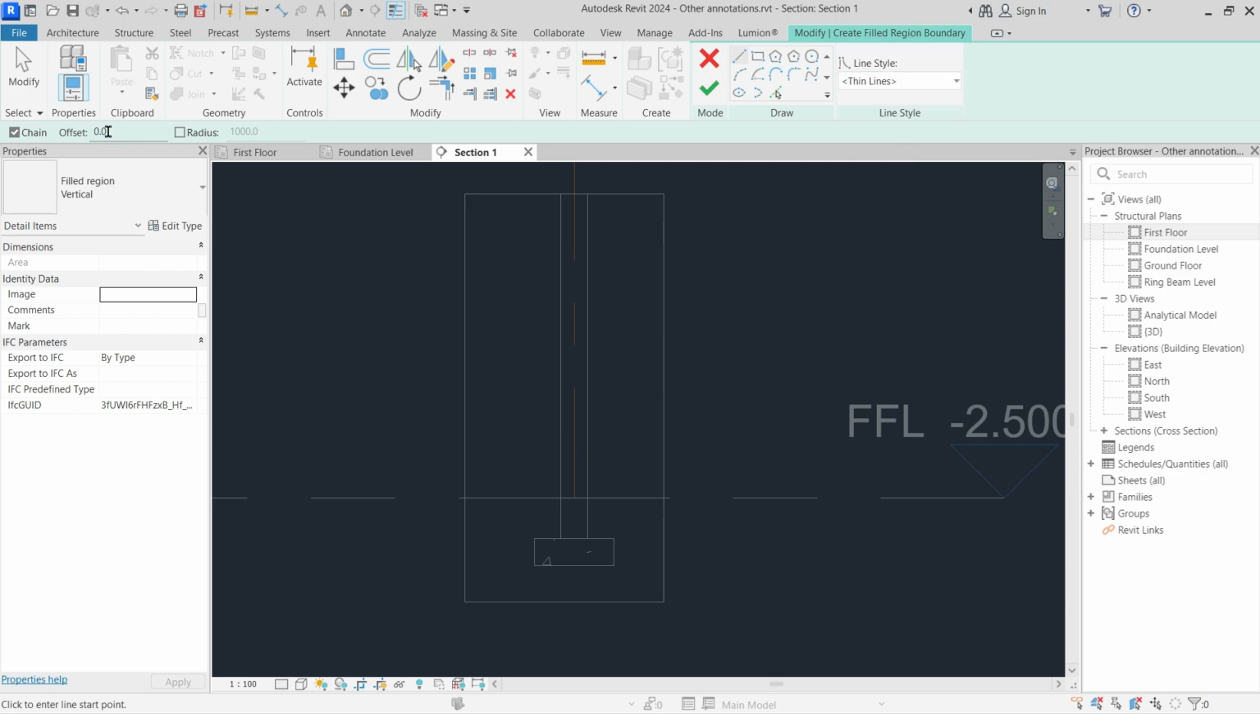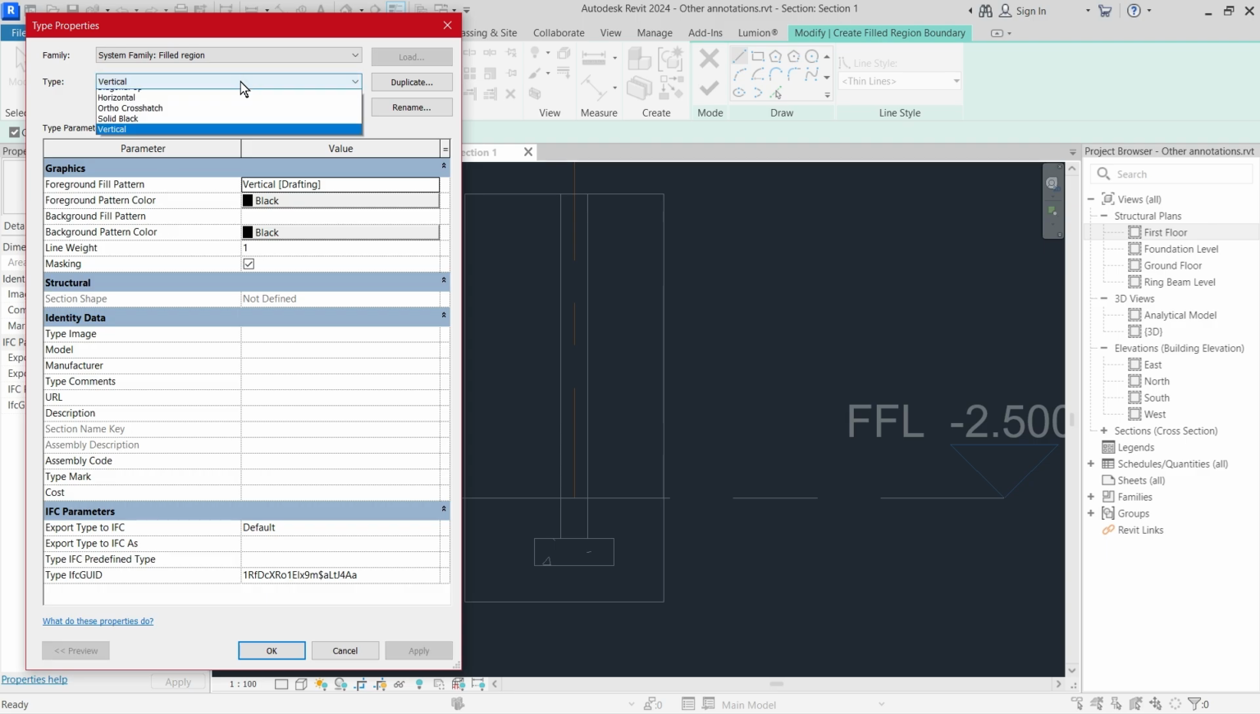Then on the left side, chain is to draw continuously. The offset, when you are drawing your line, if you don't want the line to be drawn at the very path where you're drawing it, but at an offset. Then down here is where you can choose which region you want to use or edit that region that you want to use. Let me head over to edit type and choose,